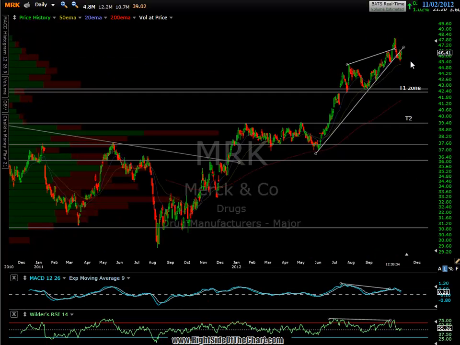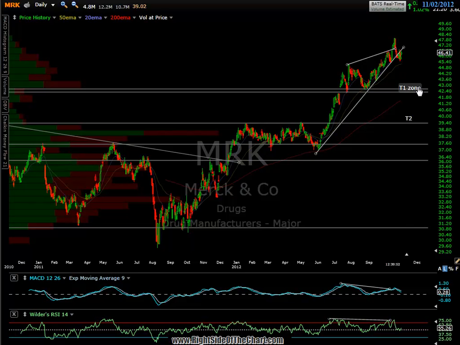Finally, Merck. This is an active trade on the site, so there's quite a few static charts. We shorted this one on the wedge overthrow, or at the top of the wedge. I think it was just at the top of the wedge right before the overthrow. Prices have since, just as expected, come down very impulsively back into the wedge, broke below it, and are now